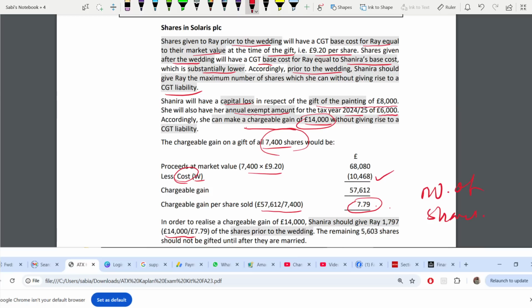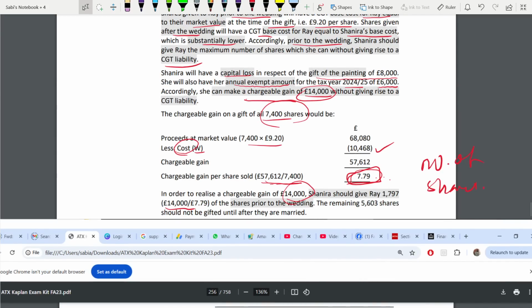We know the share price and we know the gain, but we don't know the number of shares. So we are working backwards. That's why we found this 7.79 by dividing the chargeable gain by 7,400 shares that we have sold. So chargeable gain per share 7.79. Total gain has to be 14,000, but we don't know the number of shares. So 14,000 divided by 7.79, it is